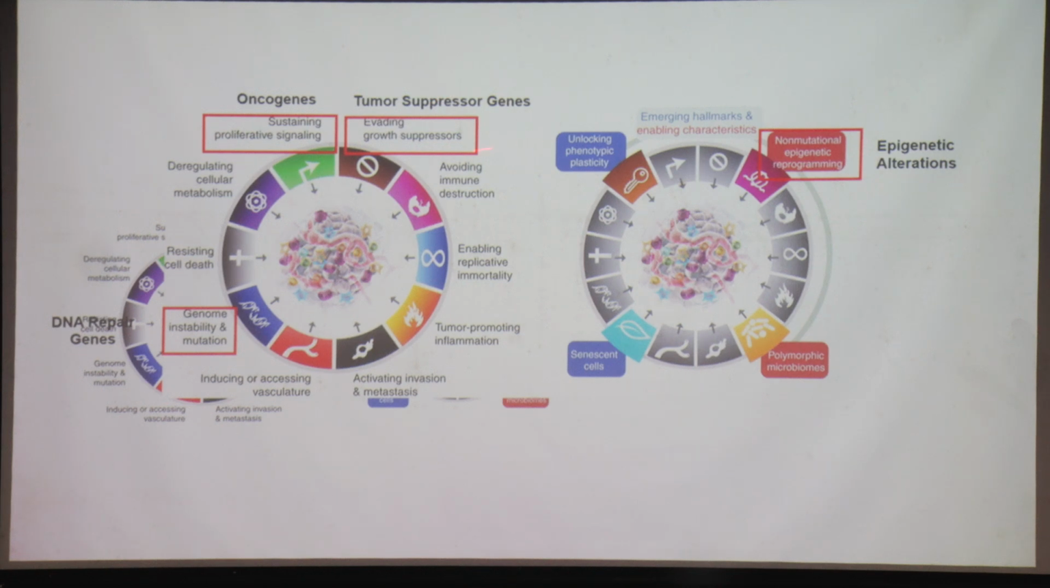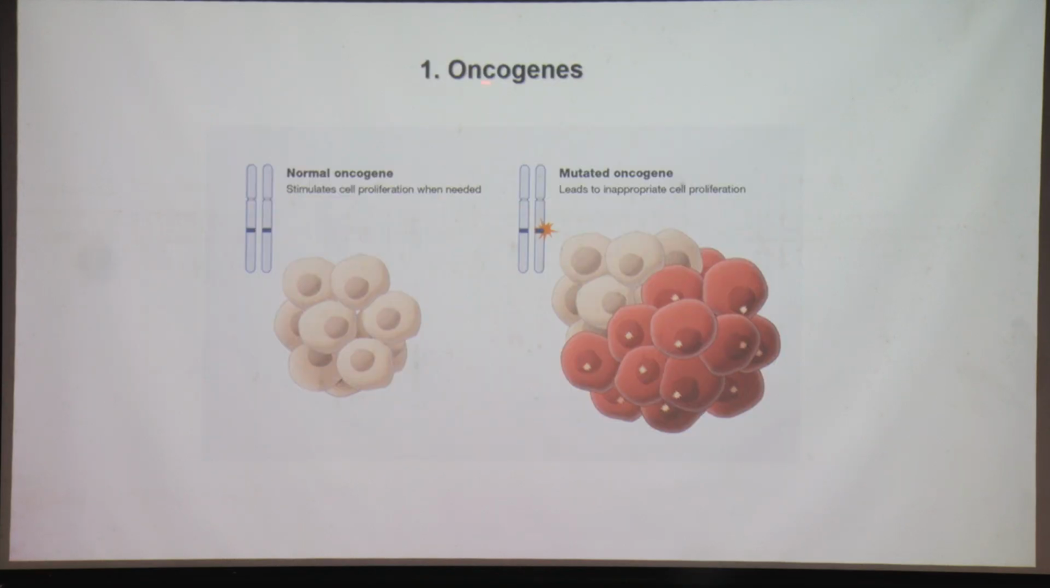This deals with epigenetics. This is the tumor suppressor. These are the oncogenes and how genomic instability and mutation can lead to cancer. So remember I started the lecture from this slide. These are the 14 features of cancer. So oncogenes, okay. So this is a normal